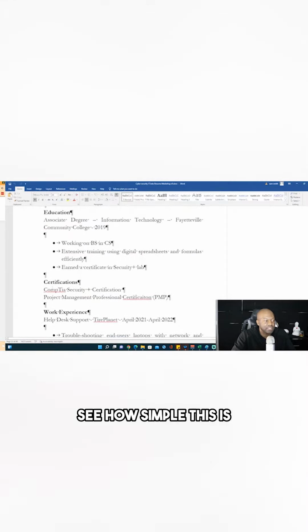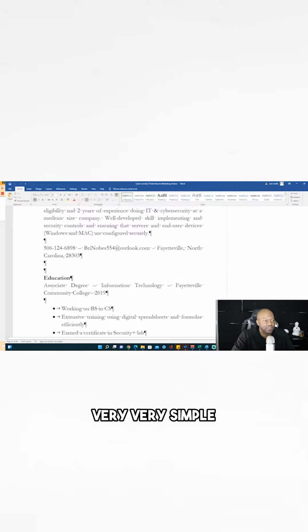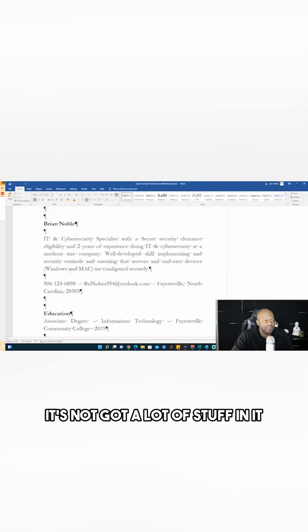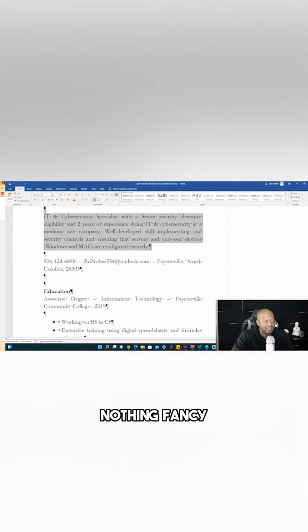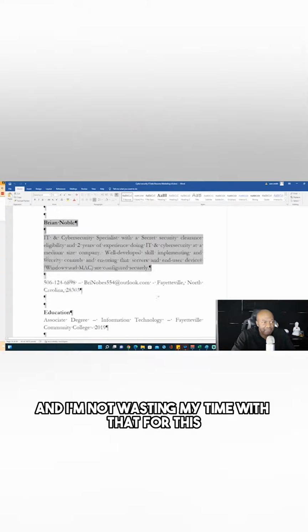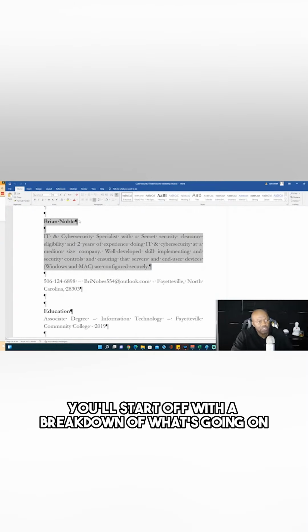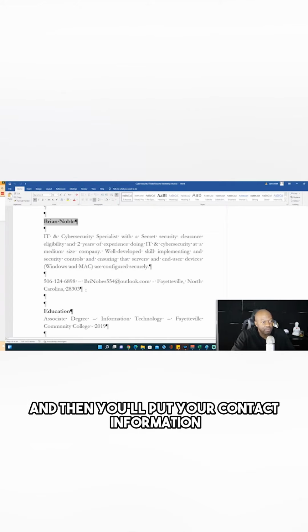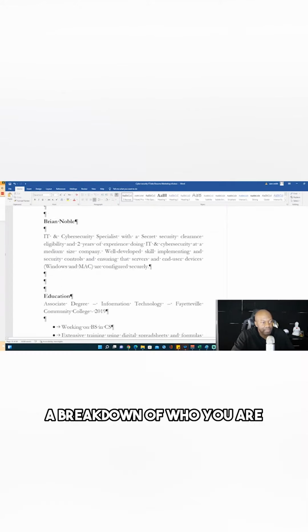See how simple this is? This is an ATS style resume. It's very, very simple. It's not got a lot of stuff in it. So it'll have the person's name. Nothing fancy is going on with this. Now you can make a fancy ATS style resume, and I'm not wasting my time with that for this. I'm just telling you exactly how to do this. You'll start off with a breakdown of the person, and then you'll put your contact information, a breakdown of who you are,